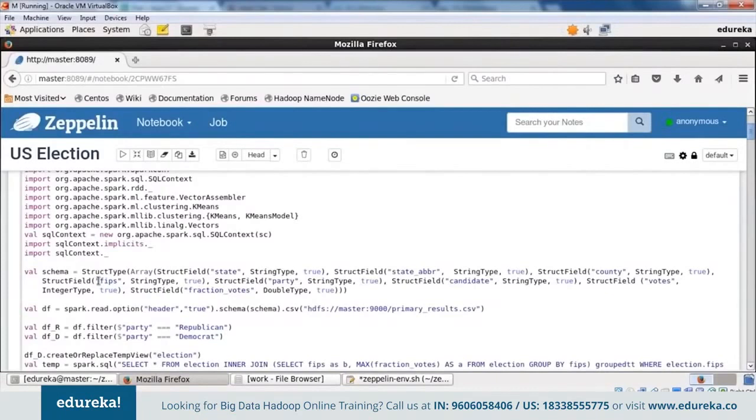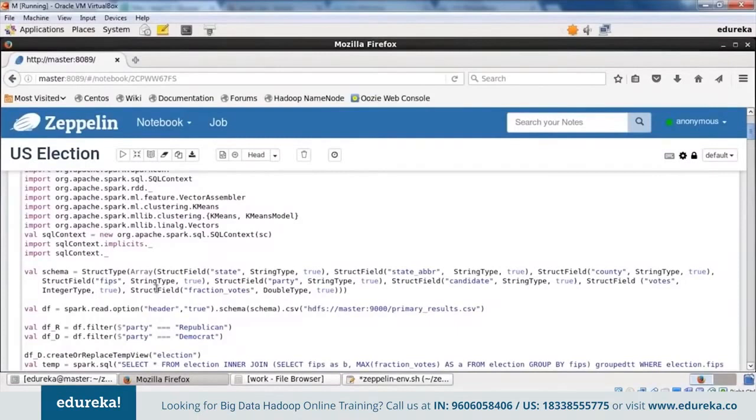We're going to start with struct type, and since you know that our data set has different fields as columns, we're going to define this as an array of fields. This is an array of struct, so we are defining the different fields now. We'll start with the first field by defining it as struct field inside the braces, which should mention the name of that particular field. I've named it state. It should be a string type, and true. The next we've got fips, which is of string type.